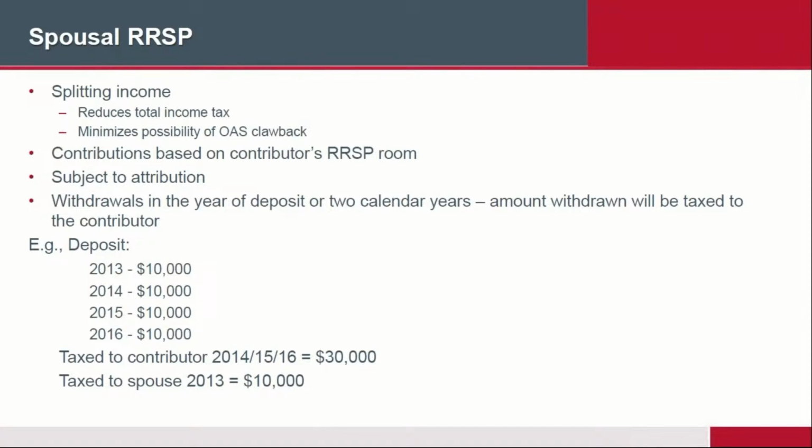So you will definitely get a question on the exam on spousal RSP, and more importantly, what happens if the spouse collapses the RSP and there's money in there that's been deposited in the last 3 years. Who pays the tax? The contributor pays the tax, basically. Any amounts of money that are outside the 3 years, the owner of the spousal RSP will pay the tax on that. So there is that attribution rule issue within 3 years, basically. That's the thing that you have to remember.